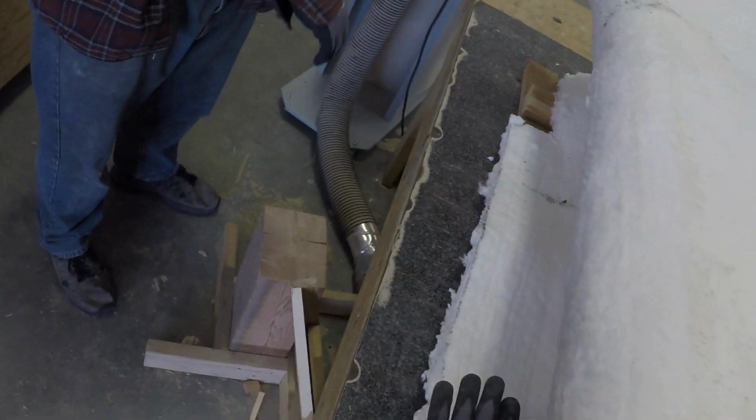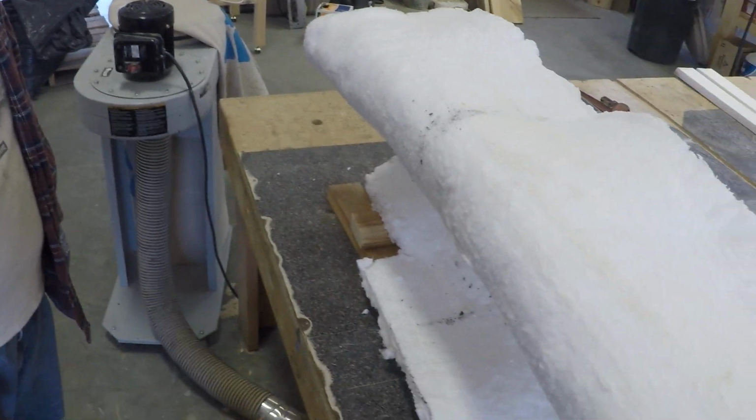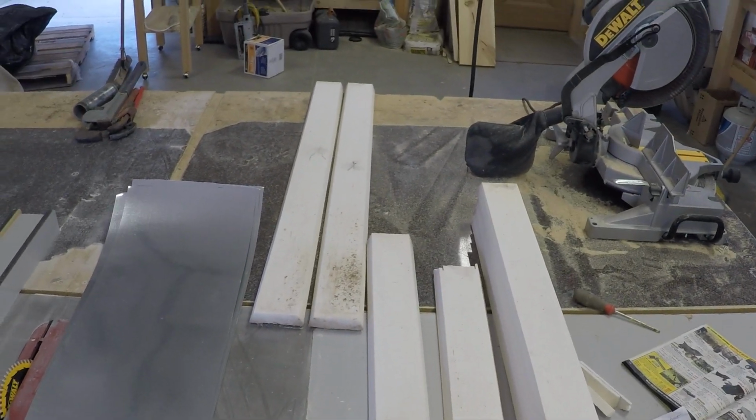grab an end, rotate it. This one, I don't really care if this one stays in place. It might be better to move it so it doesn't get damaged. But that's just our place marker for putting the first board at the right spot. Right. So this will take, and